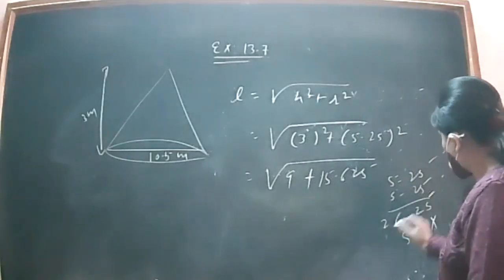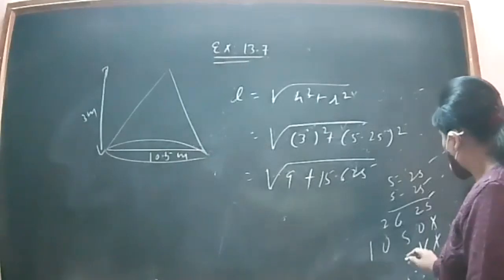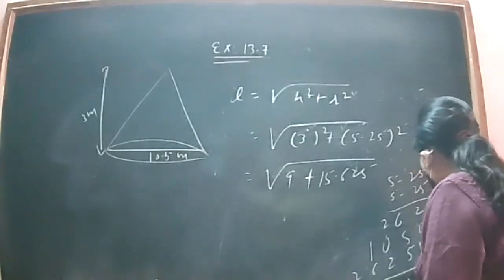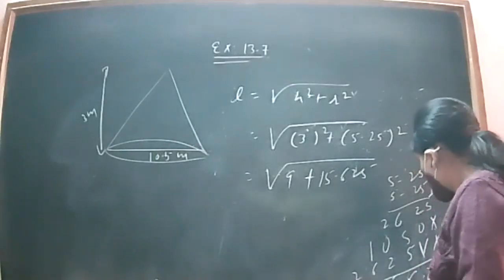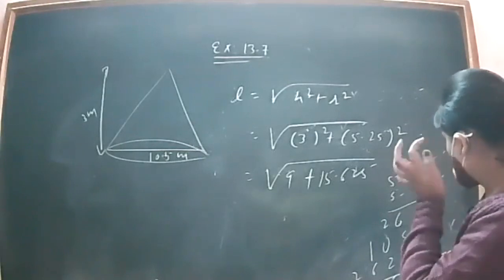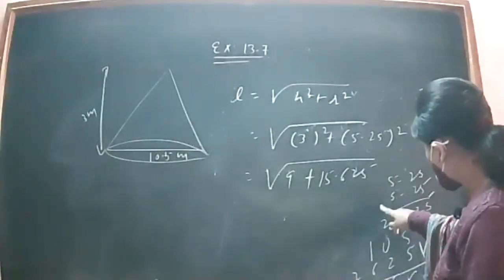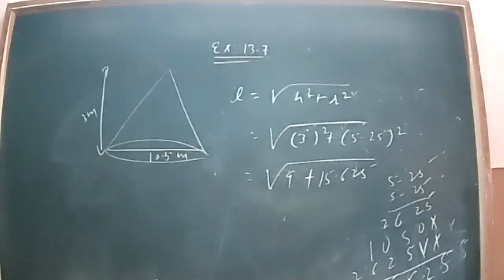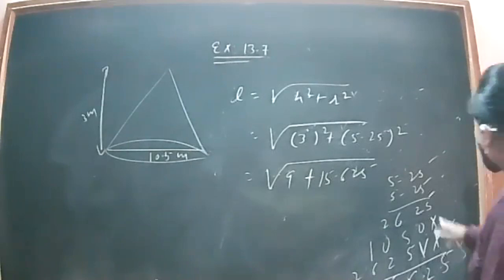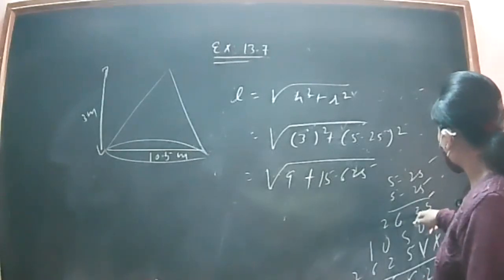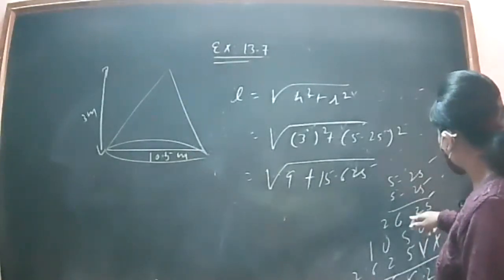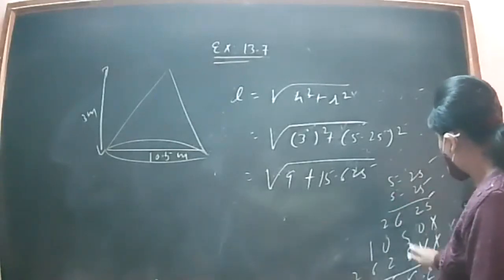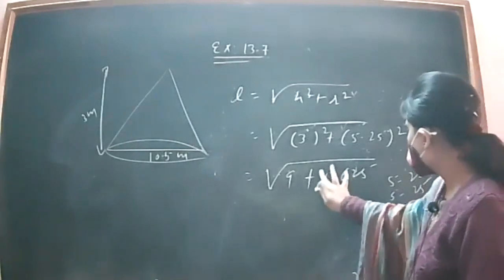Something is coming wrong. Let me see. ठीक है, this is 27